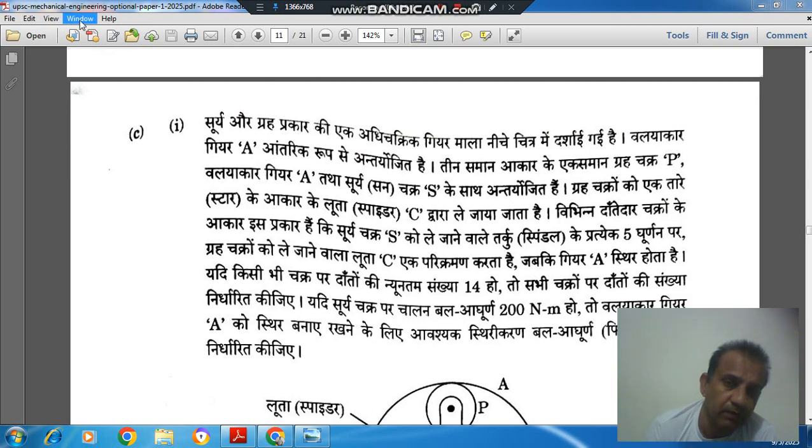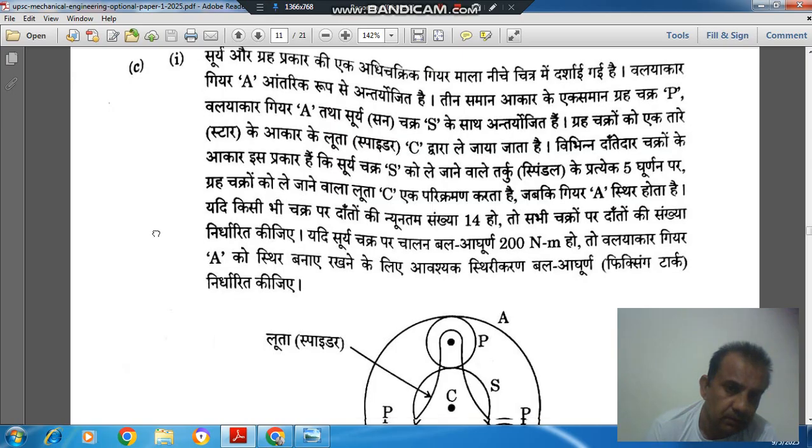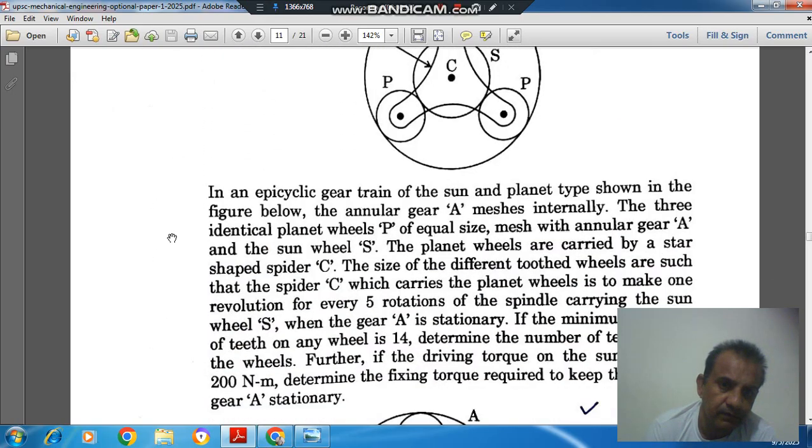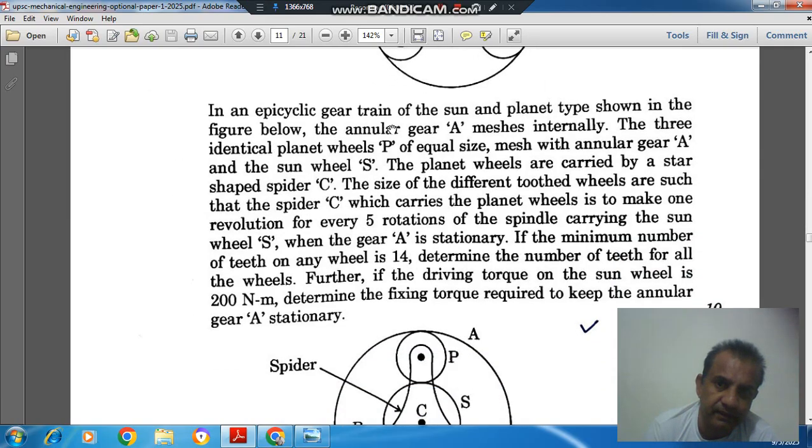Hello, welcome again. We are solving mechanical engineering paper 1 of year 2025 of UPSC Civil Services mains exam. Question number 4C1 is: in an epicyclic gear train of the sun and planet type shown in the figure below,